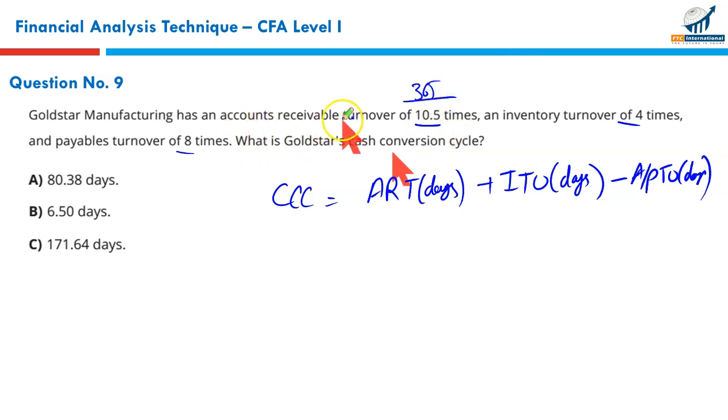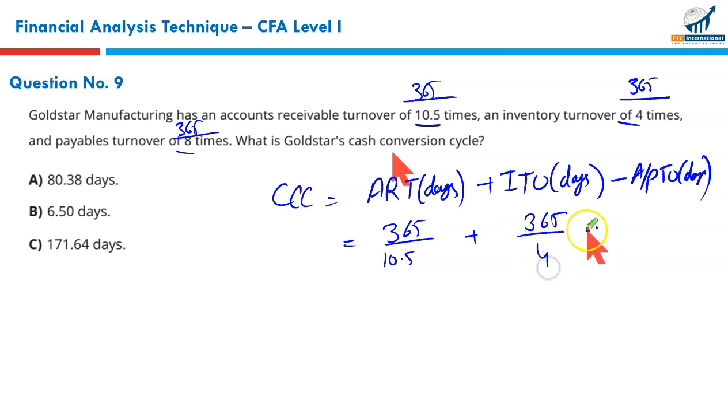It will give you accounts receivable turnover days. 365 divided by 4 will give you inventory turnover days, meaning after how many days your inventory is sold. And 365 divided by 8 will give you the accounts payable turnover, or average payment period, as against the average collection period and average inventory period. So we're going to do the same thing: 365 divided by 10.5 plus 365 divided by 4 minus 365 divided by 8. Now simplifying these one by one, 365 divided by 10.5 gives you